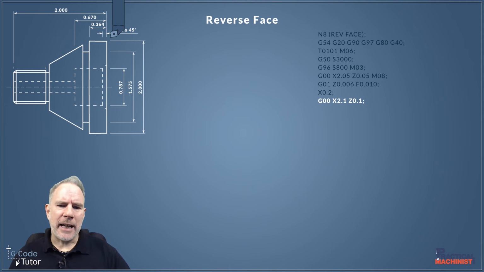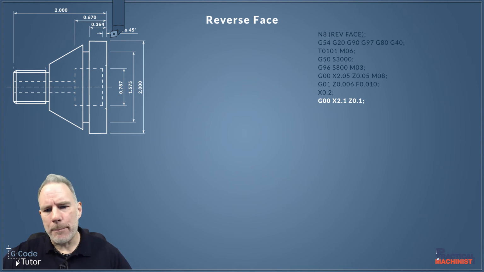So with our first cut taken, I'm now rapiding back to a start position again. So we're coming away in X and Z rapid move, so the tool won't scrape over that face we've just machined. It's going to move away at a slight angle, so it's not going to mess up our finish there. So we're coming up at 0.1 over bar size diameter there and 0.1 off the face of the part, ready